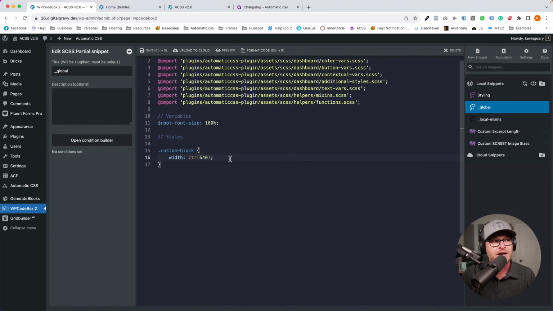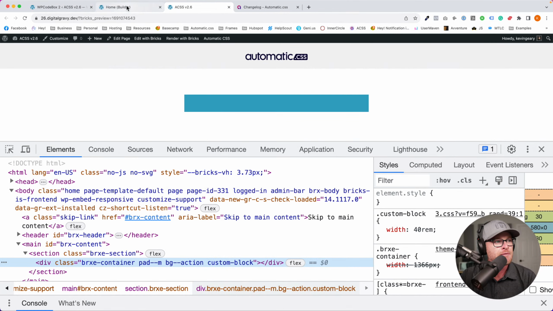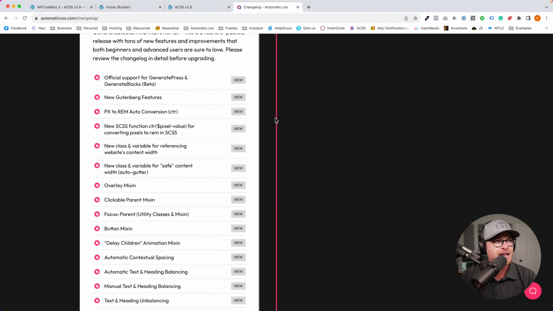And then if you were going to do a math function, like a calc function or something like that, this thing can live inside of a calc function. It can be added to a variable. It works exactly the same as just putting a real unit there. You can do this everywhere now. That was the goal: I don't want to have to do math anywhere. If I'm going to switch to 100%, I don't want to have to do math anywhere. Now you don't have to do math anywhere. So that is a pretty meaningful set of updates right there. That is pixel to rem auto conversion and the new Sass function CTR, and then your pixel value goes inside of that function for converting pixels to rem.